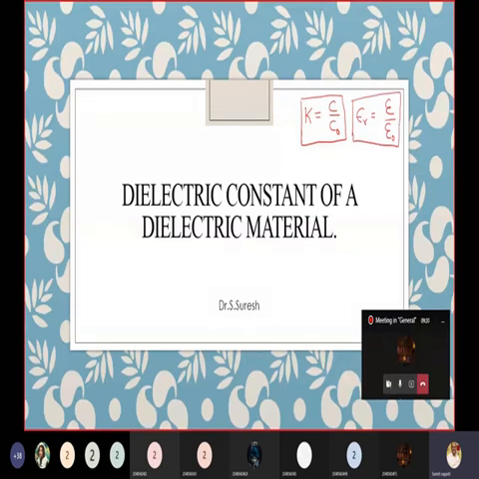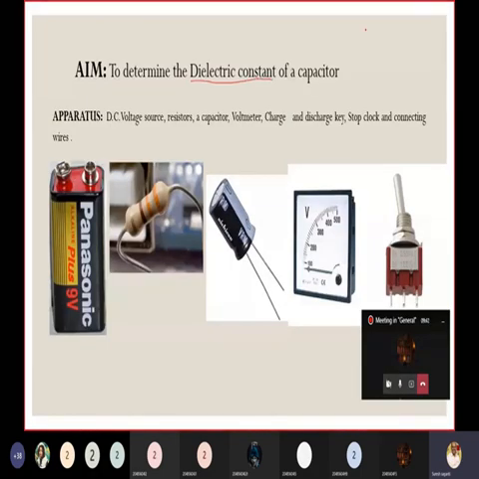capacitor. You know a capacitor is going to have two plates. This one is connected to the positive terminal, and let me say this plate of the capacitor is connected to the negative terminal. What happens? All the positive charges will accumulate here, and all the negative charges are accumulated here. Without introducing a dielectric slab, what is this capacity? We will represent it as C naught, the capacity of a capacitor without introducing a dielectric slab.